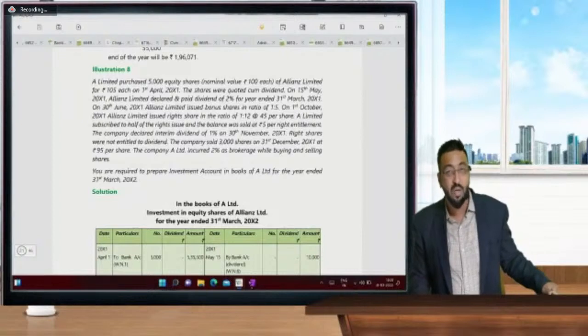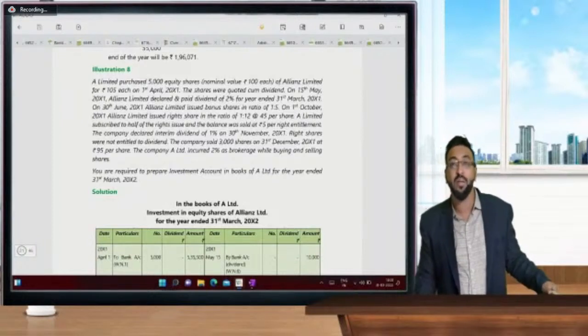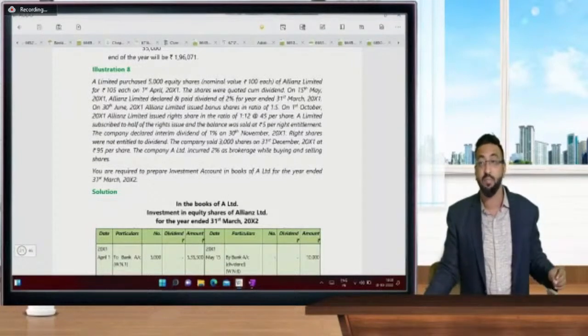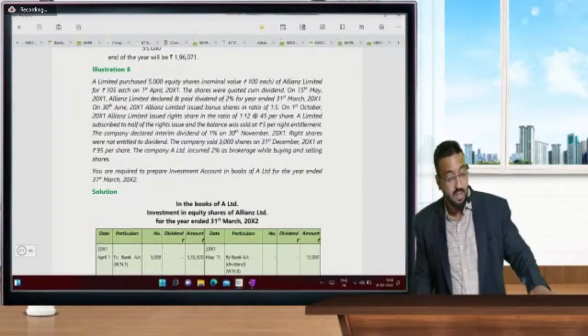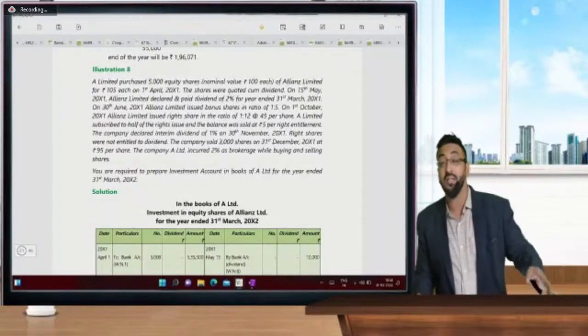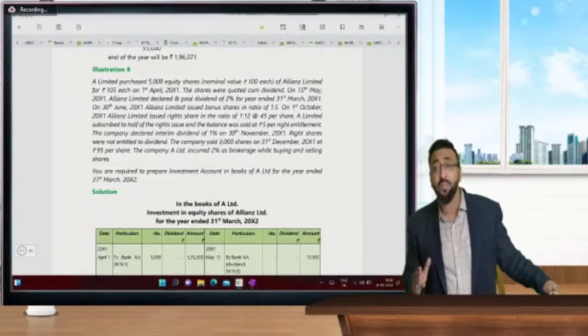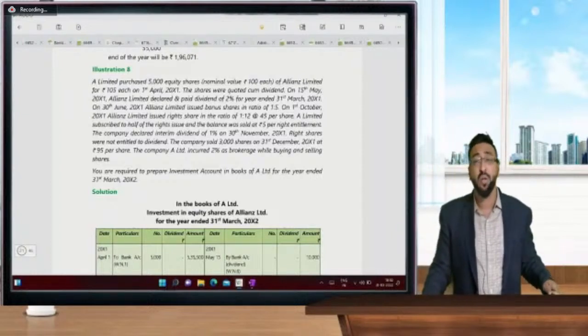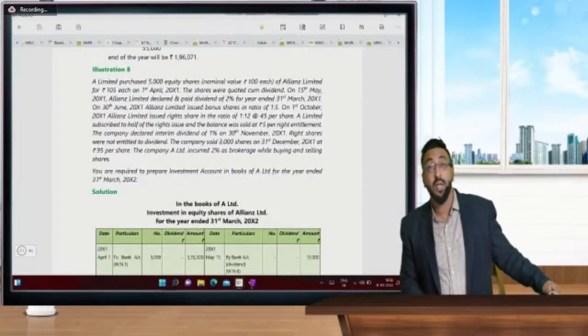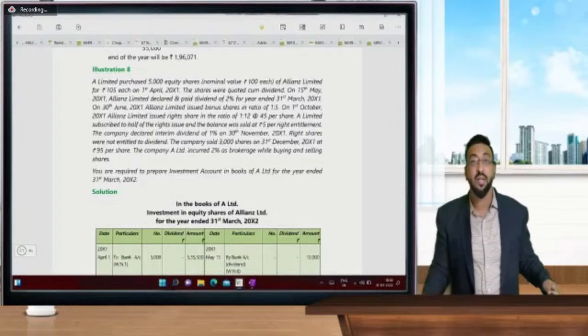Friends, in bonus shares, if you remember the revision part, fully paid up shares and partly paid up shares, please have a revision. For fully paid up shares, what are the entries that you are going to write? CRR account debit, security premium account debit, general reserve account debit, P&L account debit to bonus to equity shareholders, and bonus to equity shareholders account debit to equity share capital. Friends, if partly paid shares, there are 3 entries. First entry will be,